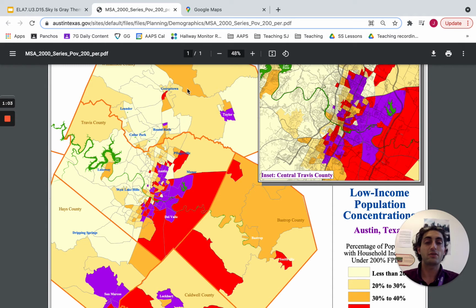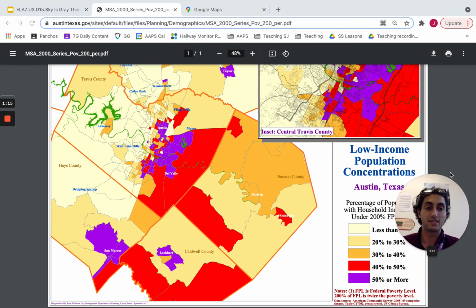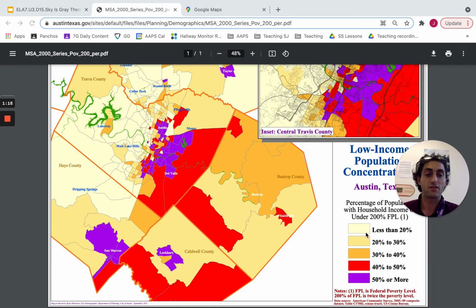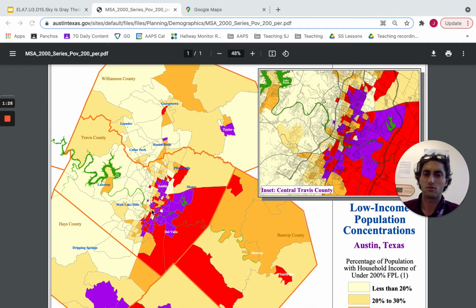So I did a little bit of research on the city of Austin. And here's a graph that shows basically where there are people in Austin that have lower incomes. And the darker the colors are, the closer to purple it is, the more people who are low income live there. And so if we look right here at Austin, well, let's zoom in here. If we look at Austin, we can see